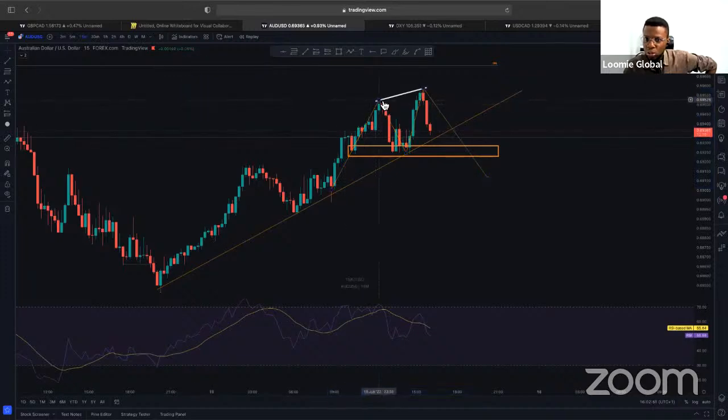Our candles are showing us that we have a higher high. This high right here is not as high as this one. This one is obviously higher. But look at what we have on our indicator. Our indicator is giving us a divergence. So this is confirmation 3, right? Telling us that, hey, it looks like price is giving every indication to push to the downside.